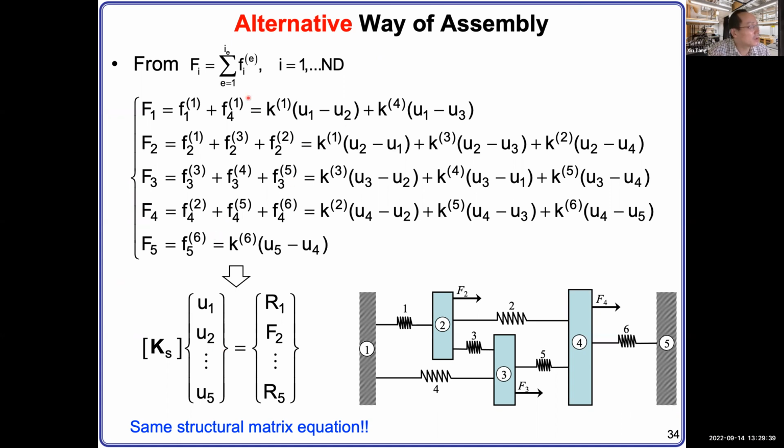This alternative way is that we can go directly from the force equilibrium first, rather than the 2x2 matrix of each individual spring and then assembling them together. That's the way we have gone through today. But there's a different way, where you go backwards. You start from the force equilibrium: you know Fi, the external force, equals the individual spring forces added together into the sum, right?